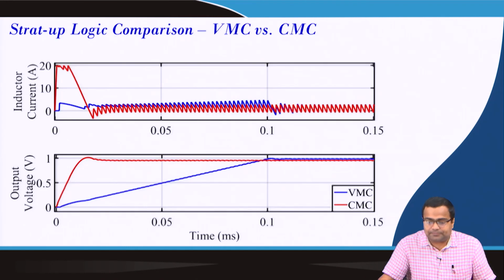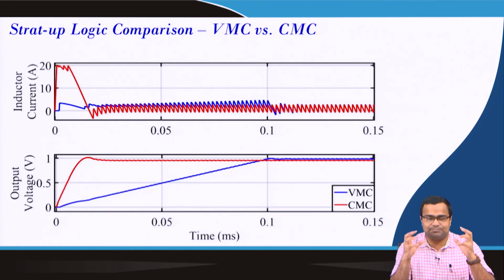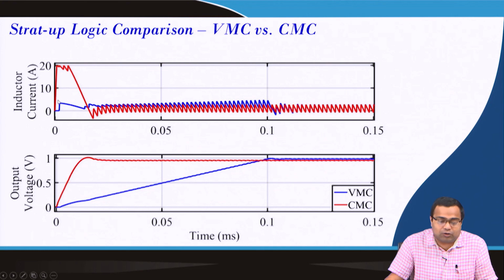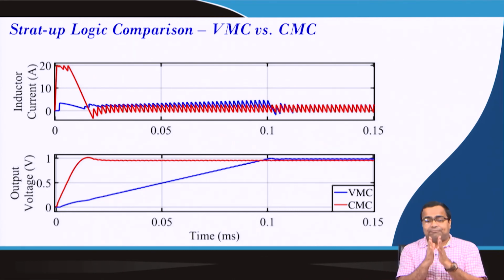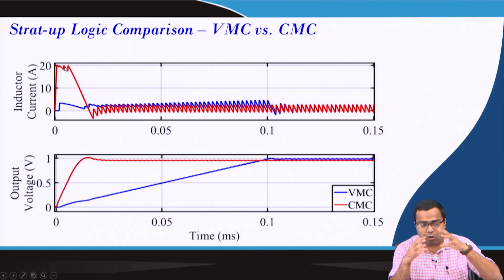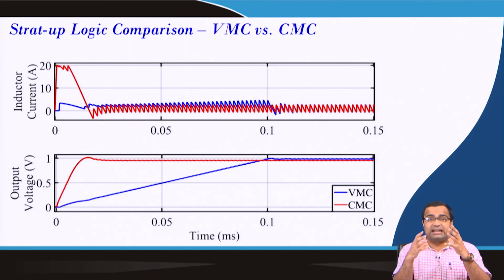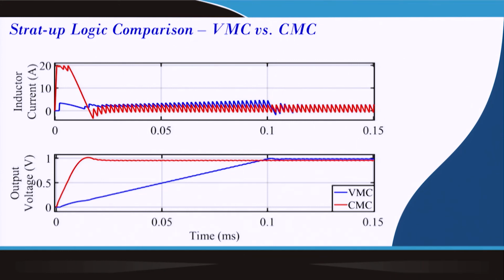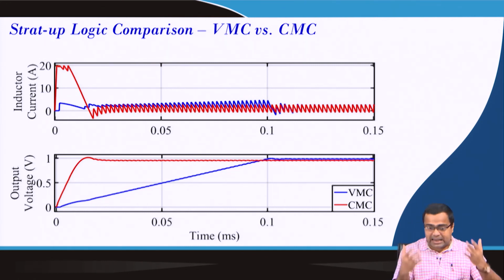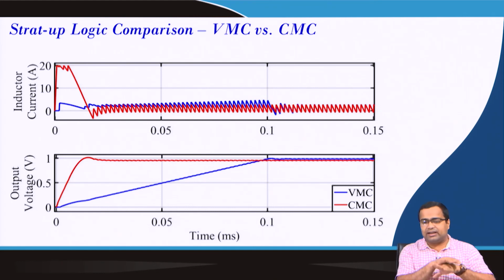Now, if I want to compare the startup between voltage mode control and current mode control, you will see in voltage mode control, though the current overshoot has reduced during the startup, the slew rate of the output voltage is much slower, and this can affect things because you want to really speed up the startup process. Since we have designed the converter components based on the maximum current rating, a 20 ampere current limit is well within the limit. So why can't we go up to that point and speed up the response, rather than limit the current to a very low value?